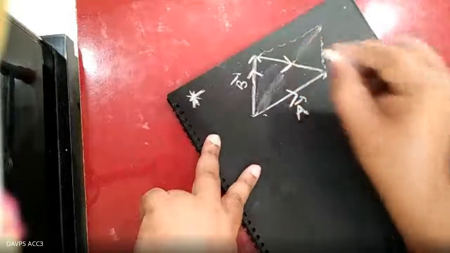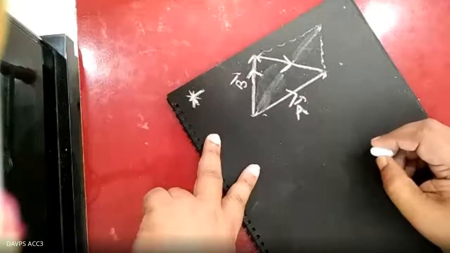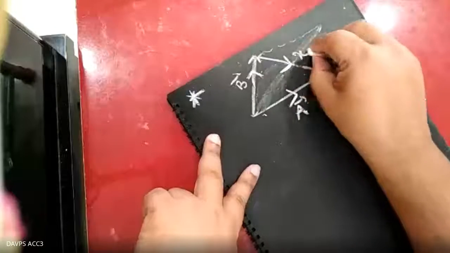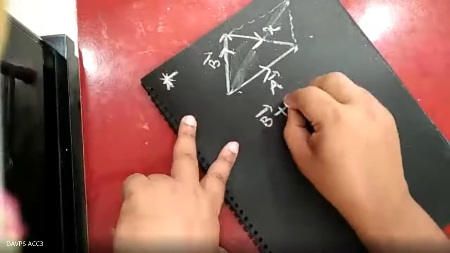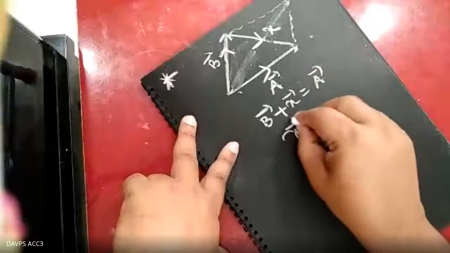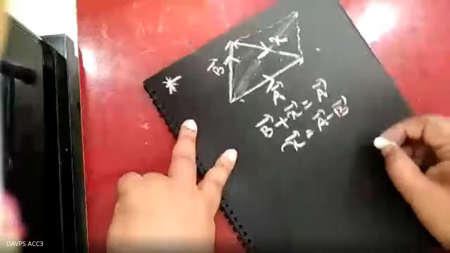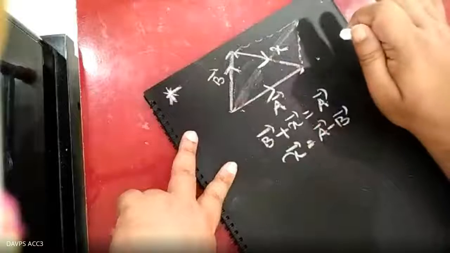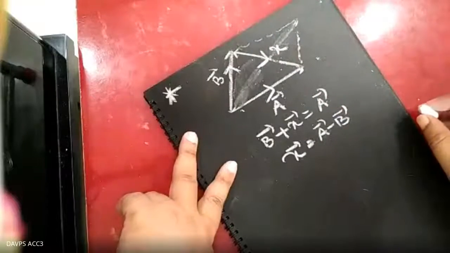If you look at this triangle, as per the triangle law, what you are getting is B vector plus this X vector, the diagonal vector, equal to A vector. So B vector plus X vector equals A vector, or what will be the X vector? X vector equals A vector minus B vector. This means the diagonal which is passing through the point of action represents A vector plus B vector, and the other diagonal represents their difference. So you can write it by the star.